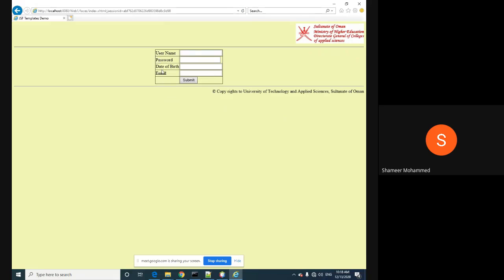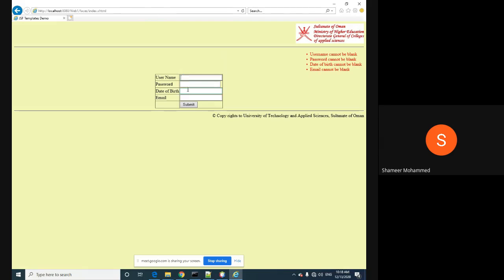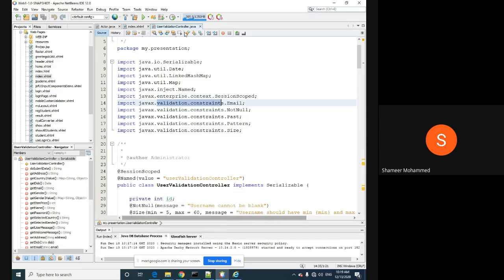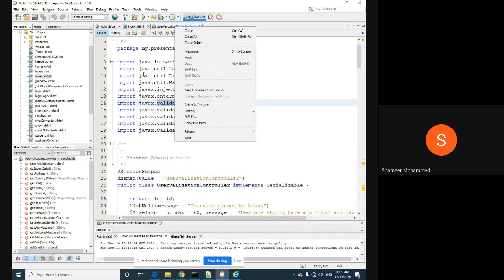See, this is the form, JSF form. You have to design like this. So when the user clicks this button, you have to check for the data, whether the data is entered in the username text box, password, date of birth, email. If the data is missing, then show these error messages to the user. From where you are getting these messages? So where you are validating, that is inside this bean. What is that bean? This bean is nothing but your